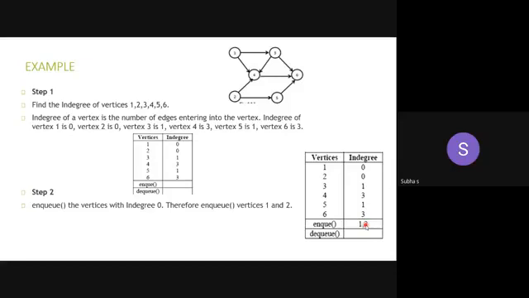While DQing, what you have to do? Decrement its adjacent vertices' in degree by 1. What are the nodes that are adjacent to 1? 3 and 4. Yes? Because you are going to DQ. After NQing, you have to DQ 1 by 1. Then decrement its adjacent vertices' in degree. What are the nodes that are adjacent to 1? 3 and 4. So decrement its in degree. Already it's 1, so make it as 0. For 4, what is the in degree? 3. You have to make it as 2. You have to write it step by step.